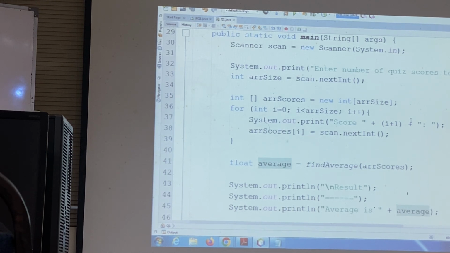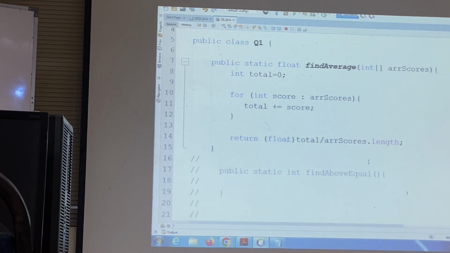This part? Check again. Still 0? I don't see difference in my